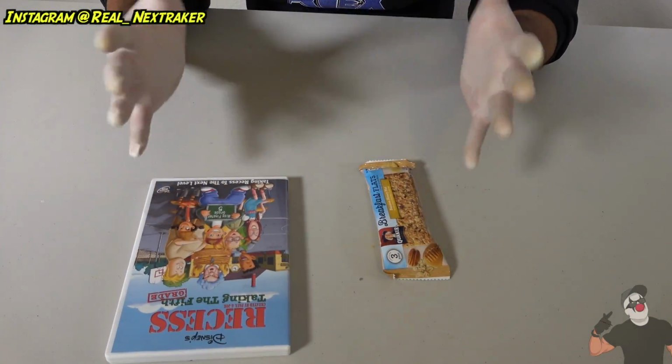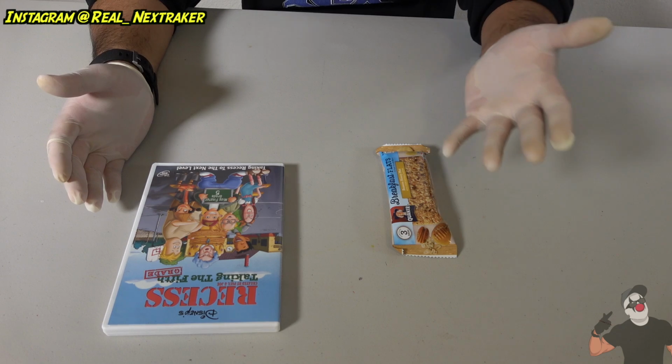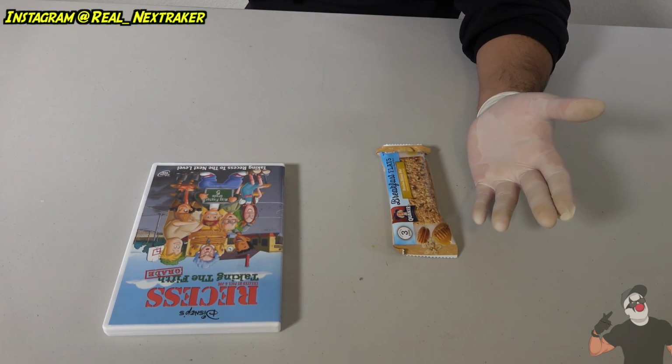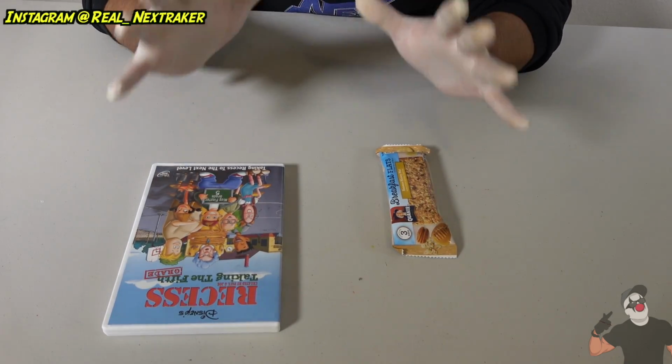This next hack is for those of you who skipped breakfast. Maybe you guys were running late, you didn't have enough time to eat breakfast, so therefore it's hard to learn when your stomach is empty. So here's an easy way just in case you're ever in a situation where you need to sneak your food